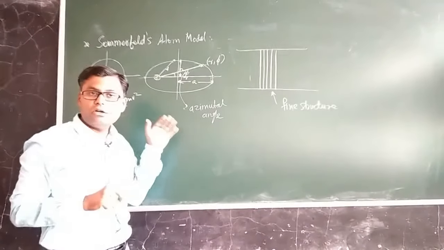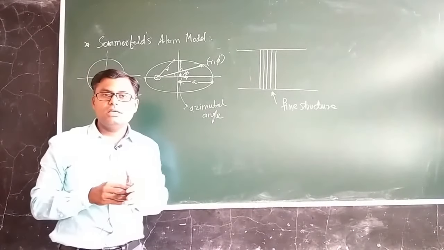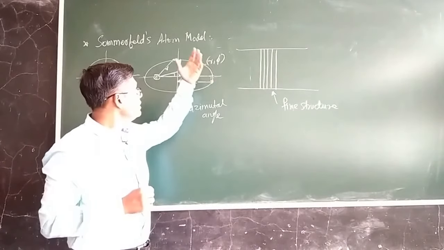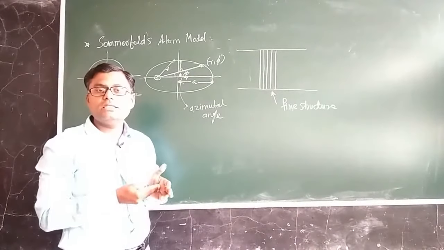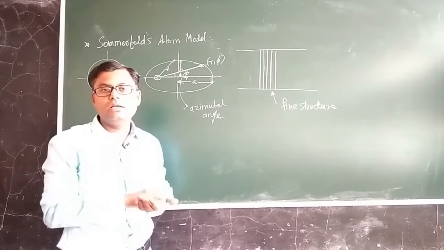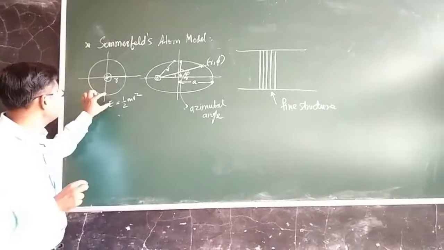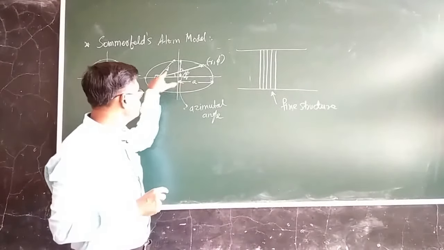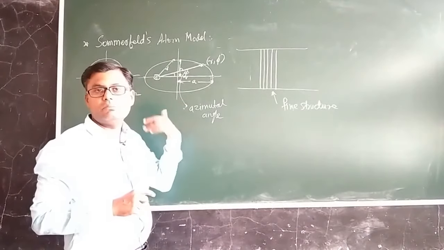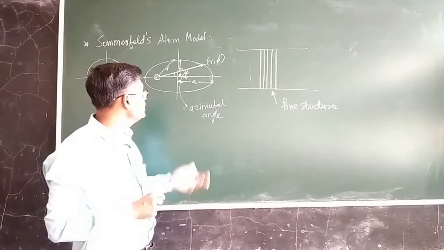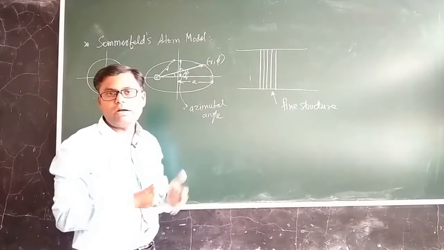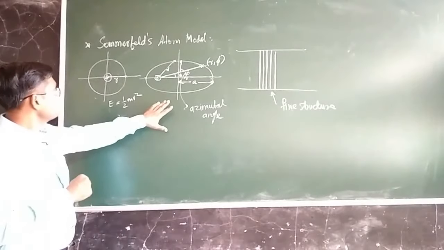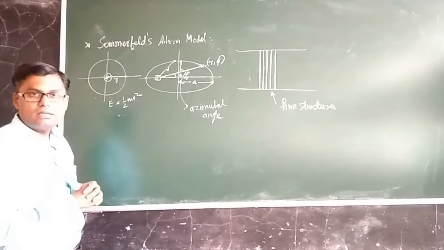So whenever the electron moves in an elliptical orbit, its radius vector is changing, its speed is also changing, and therefore its energy should also be changing during that motion. According to Bohr, only one, single-valued energy is possible, but according to Sommerfeld, since the electron moves in elliptical orbits, its energy must be changing, and that could account for the origin of the fine structure of the hydrogen spectrum, or H alpha line, right. So this is the assumption made by Sommerfeld.